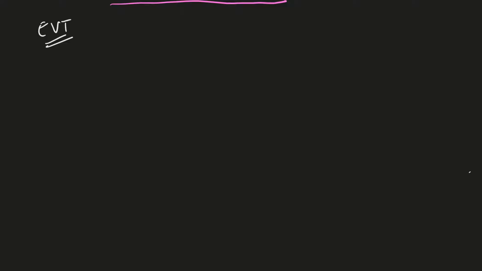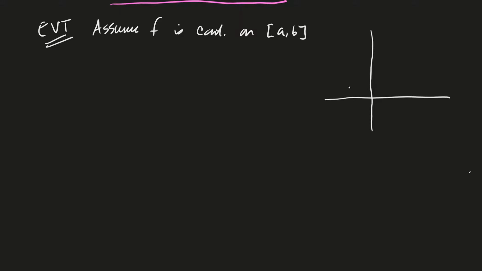Okay, and so we'll assume f is continuous on the closed interval from a to b. And then think about all the different cases that you might run into of how the function might be sitting. So here's an example. I might have a function like this, right? And so let's go through this function here and identify where the local maxima are and where the global